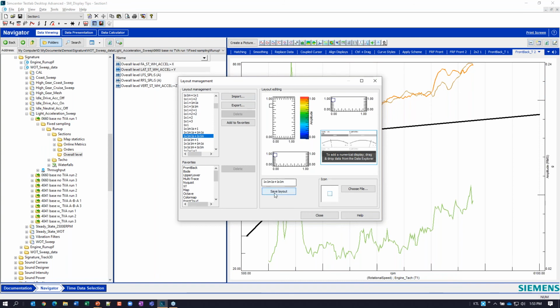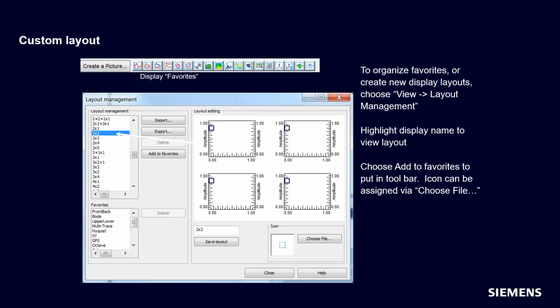All I have to do is save this new layout. If I don't change the name, it's going to overwrite that one that came with Test Lab. So I always like to modify the name just a little bit so that I know it's mine. I might put my initials in there or something and then save it. And then, just to make my life more fun, I usually choose a custom bitmap. Okay. Nice, like a super duper layout.